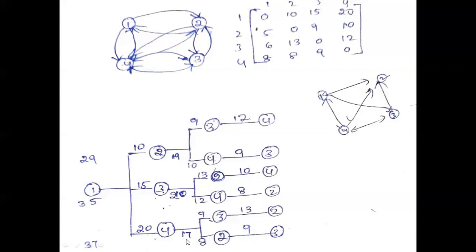17 is the shortest distance. So from the first vertex to the second vertex, or first vertex to the third vertex, or first vertex to the fourth vertex, to reach the remaining vertices, the distances are 19, 20, and 17. Now we find the shortest path from the first vertex to reach all the vertices. That is 19 plus 10, 29. Here 20 plus 15, 35. Here 20 plus 17, 37. Which one is the shortest path? 29 is the shortest path.